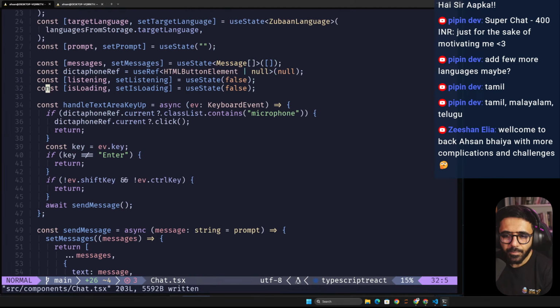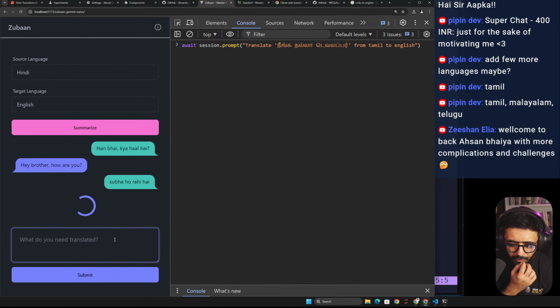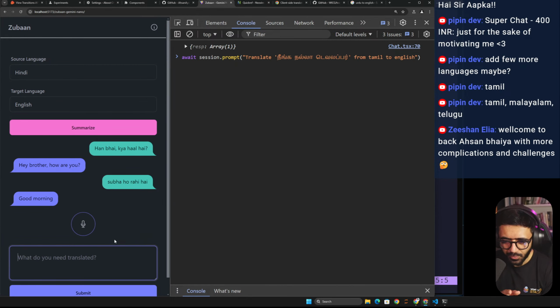Okay, let's see. So if we go here and then we say this, and this, nothing really happens. So what I wanted to do was something like, I don't know, converting from Hindi to English, subha ho rahi hai. So if I do enter, it doesn't do anything. But if I do shift enter, now it submits it. So this is what I wanted. But I wanted it to be actually the reverse of it. So I coded this